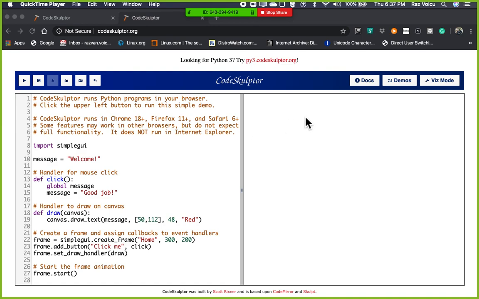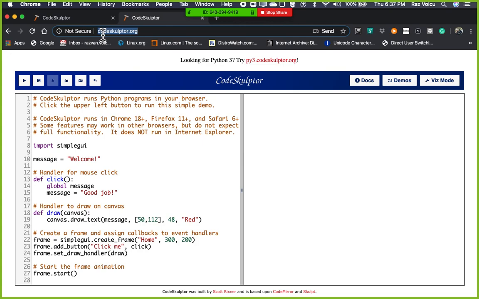All right, so we're going to start working on a little asteroid game in a very interesting framework that is completely web-based. So notice this URL here, codesculptor.org, right? This is a website that is used by Coursera to teach Python